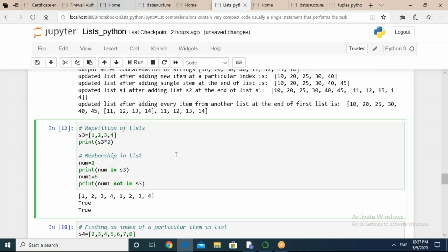And if you want to take any decision further based upon this, you can go ahead. If you require a true Boolean value in order to proceed further, you can accordingly take action. Otherwise, in the else block, you can specify what is to be done in case the item is not found in the list.